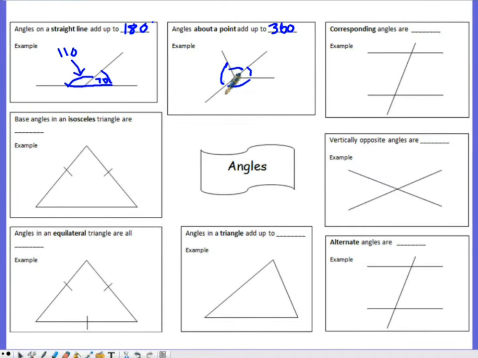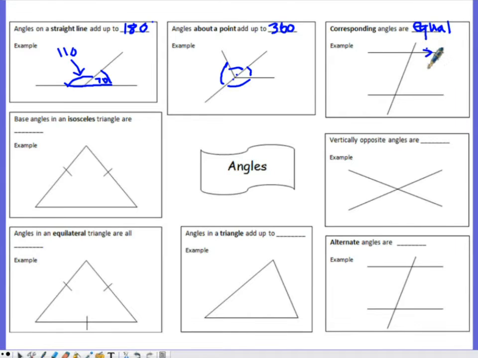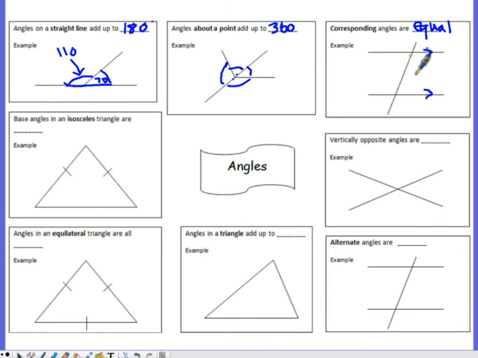Corresponding angles are equal. Corresponding angles occur when you have parallel lines. So these are parallel lines. Corresponding angles form an F shape. So if I can draw this F on,